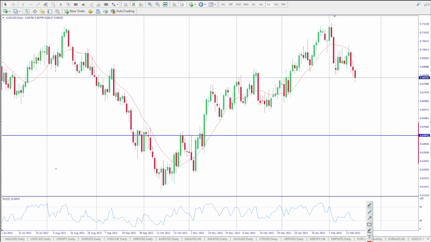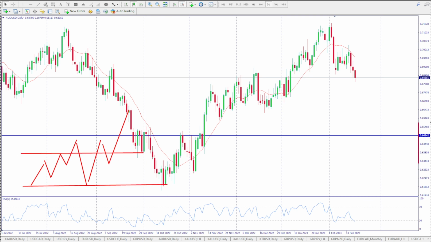Let's say the market is going like this, and I'm roughly drawing it. The traditional way says this is now a range. We take a buy from here, take a sell from here with a stop loss. Now this method is also very nice, but